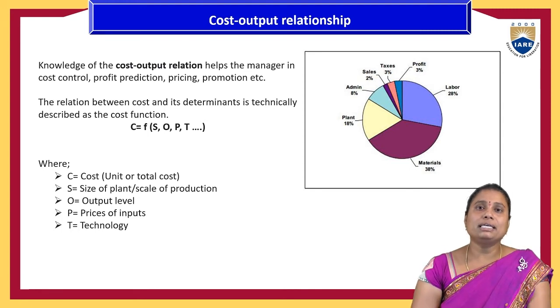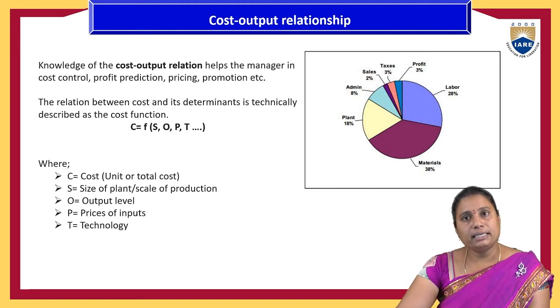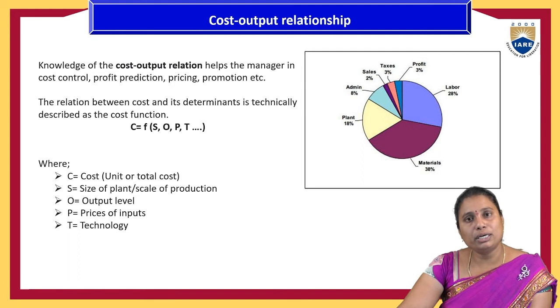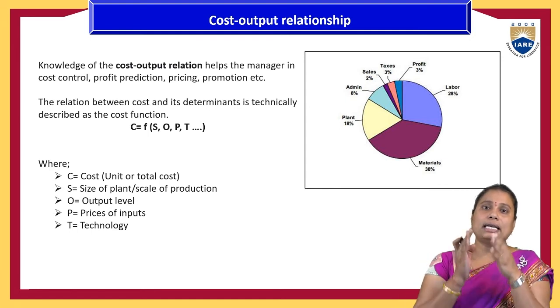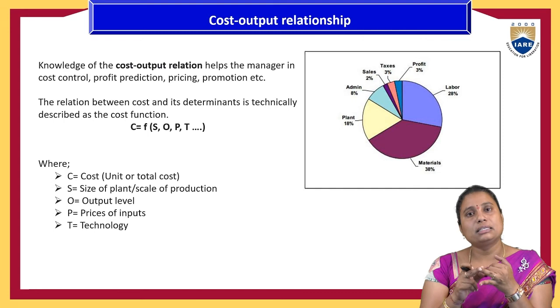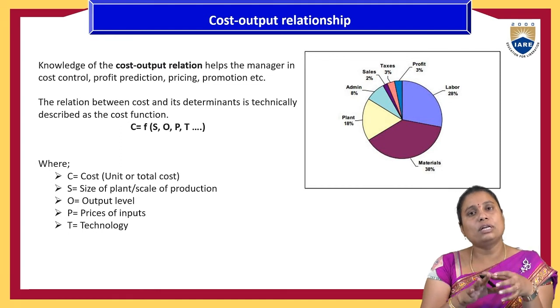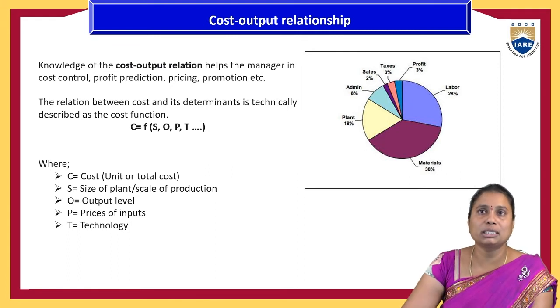It is mathematically expressed with the formula: cost is a function of the size of the plant, the price of the inputs, technological levels, output levels, etc. Based on that, the cost is a function of all the involved elements. For example, if a product costs 100 rupees, then material cost is 20, 10 rupees is tax, 10 rupees is administrative expenditure, then labor expenditures, plant, and so on. These various cost combinations, when plotted, give the relationship between cost and